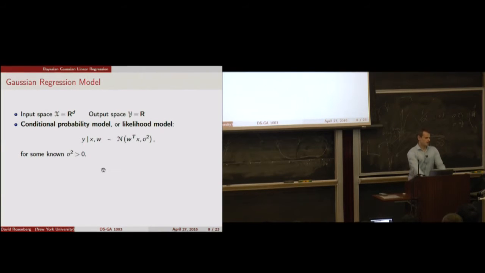So here's our likelihood model. The distribution of y, given an input x and given this unknown parameter vector w, is Gaussian with mean w transpose x and variance sigma squared. OK? So this should look familiar to you. We've had the same thing before. The only difference is that now we're going to put a prior on w